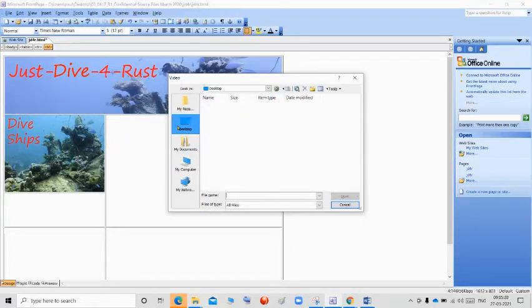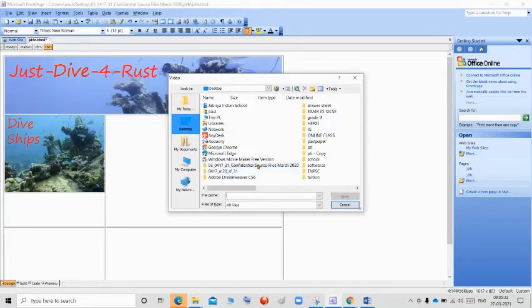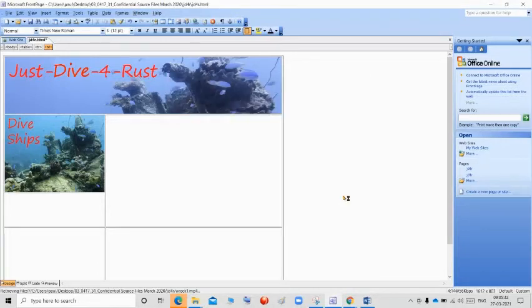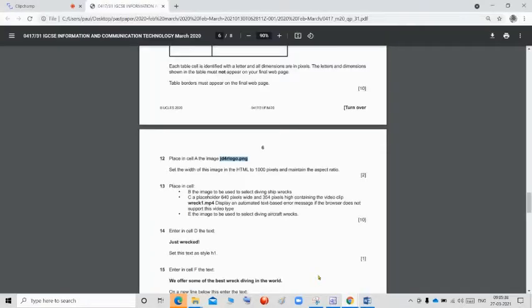And go to your work area, go to your folder and select the rec1.mp4 file and open. So the video will be inserted, but in the question paper they are giving, we want to give the width and height 640 and 354.